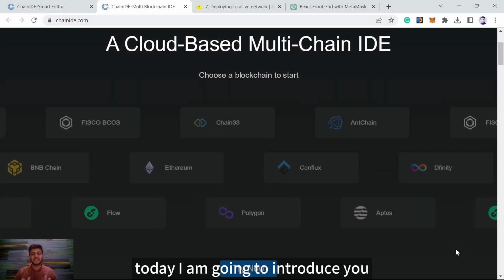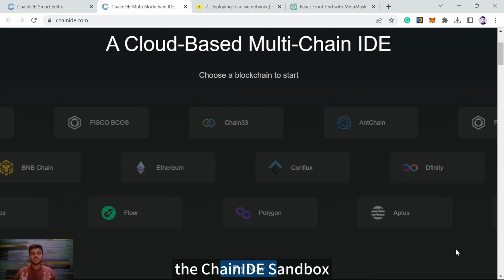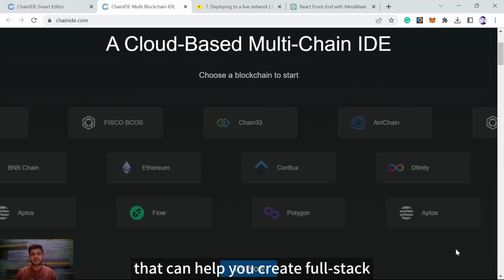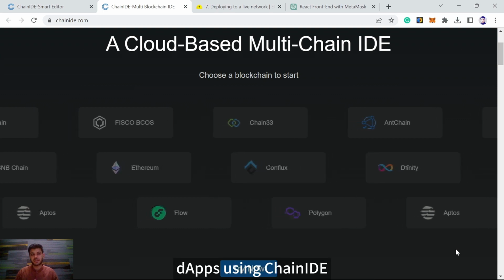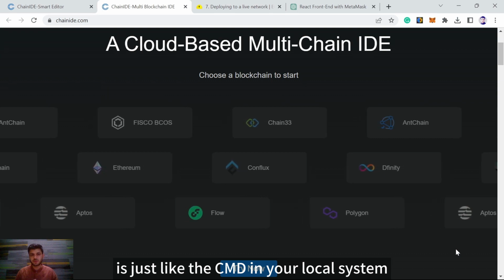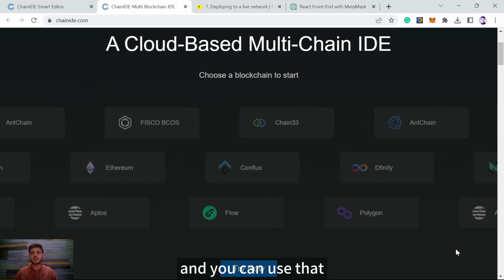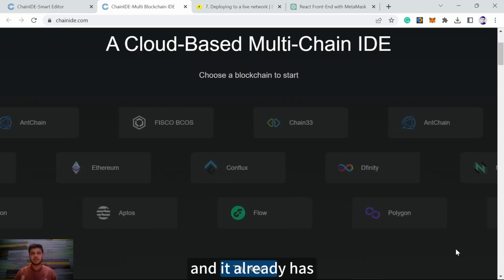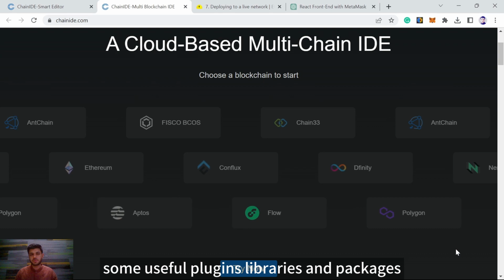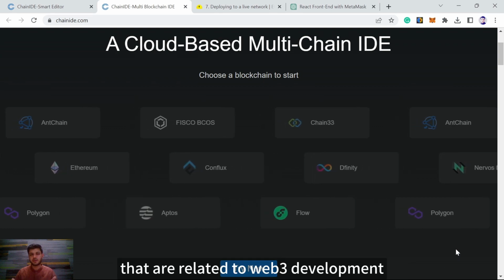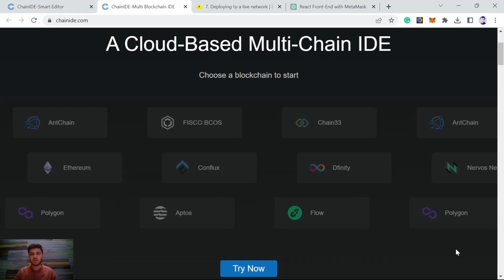Hey guys, today I am going to introduce you to ChainIDE Sandbox that can help you create full stack dApps using ChainIDE. ChainIDE Sandbox is just like the CMD in your local system, and you can use that to install libraries, packages, plugins, and it already has some useful plugins, libraries, and packages that are related to Web3 development such